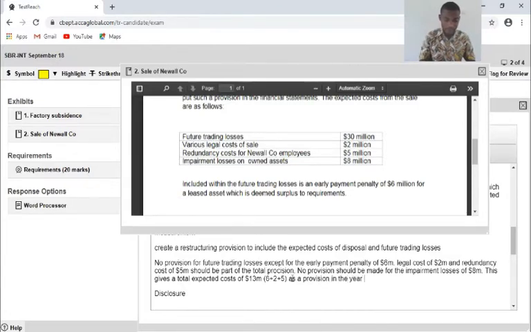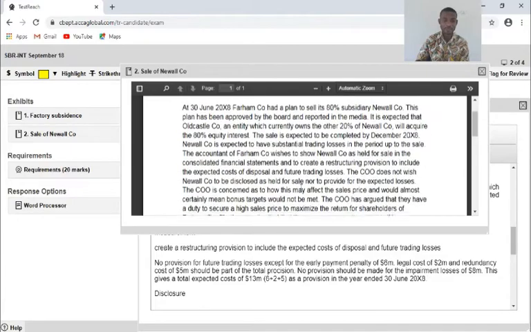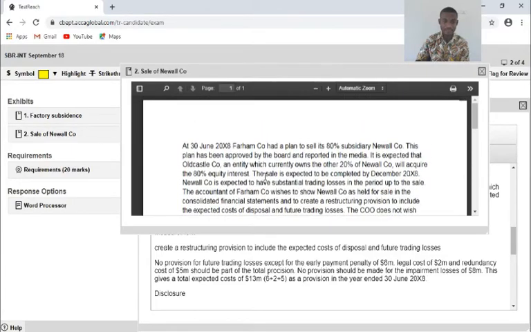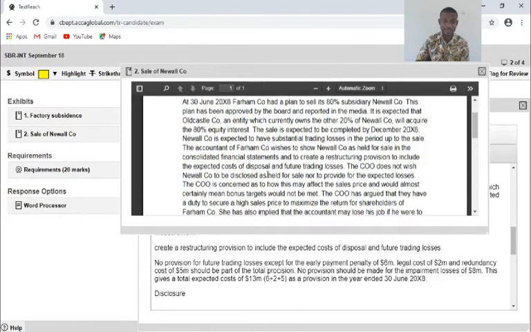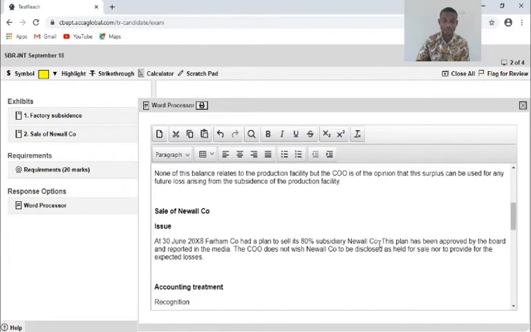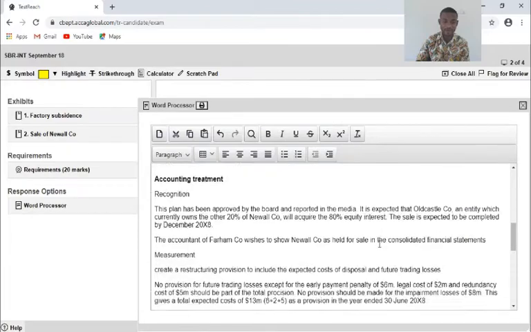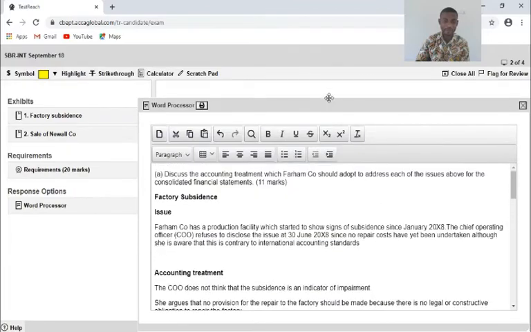So I'll just look at it in the year ended 30th June 20x8. So when I come back after I have closed the details of the exhibit, I'm now coming to look at the details of the structure I have here and look at it carefully.